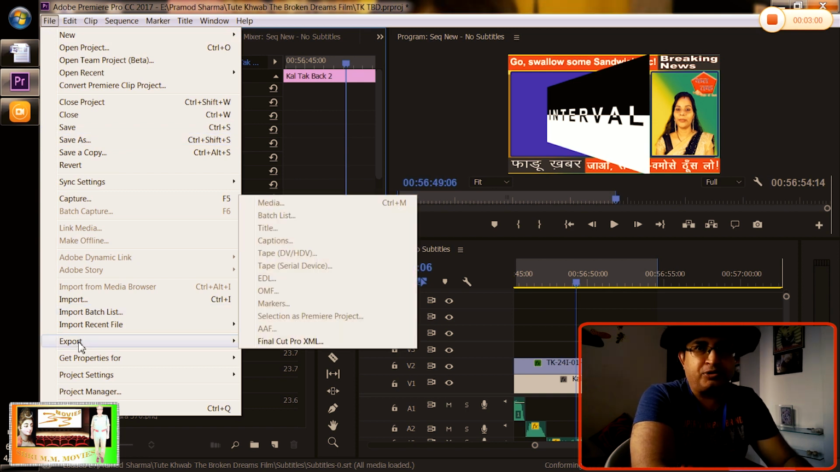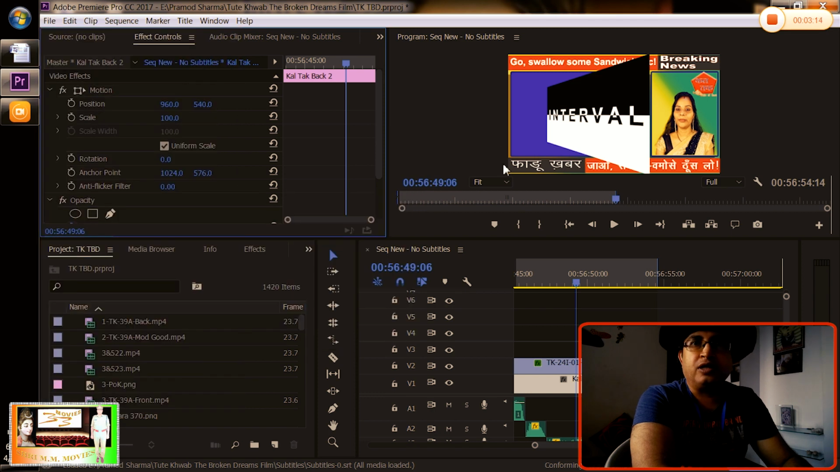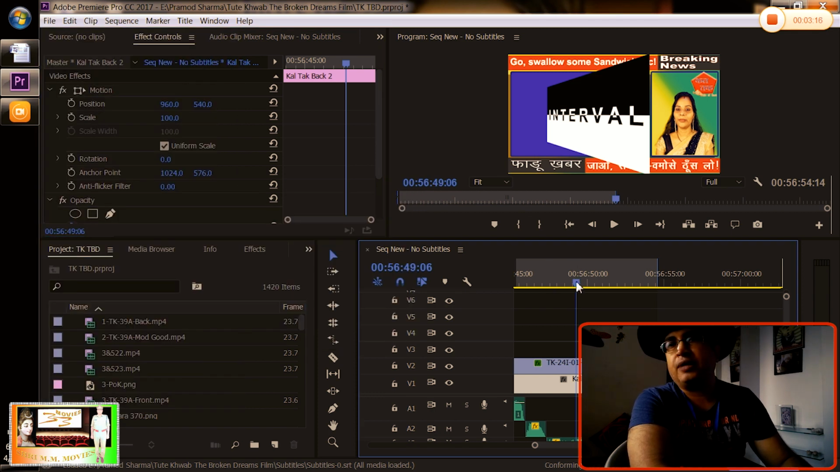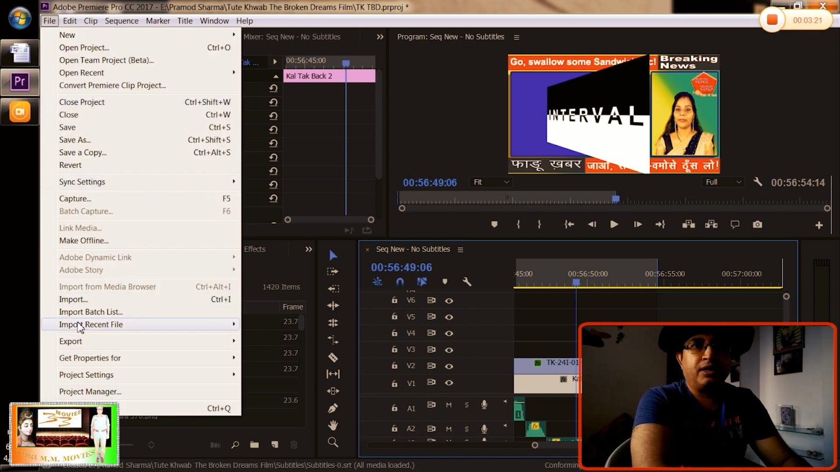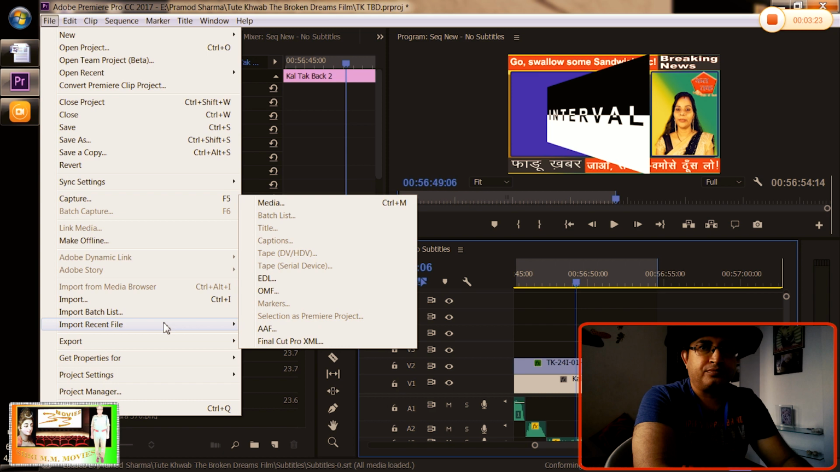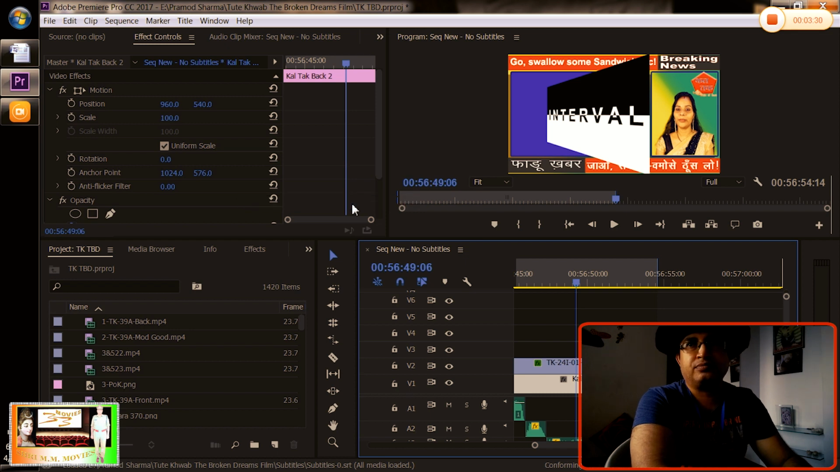and here we have this option called Export. In Adobe Premiere Pro, a quick tip: if you see that this Media option is not highlighted and is disabled, then you need to click on your timeline once. Once you click on your timeline, this option will be enabled for you. Or you can use the shortcut Control M for this purpose. So we'll click on that,